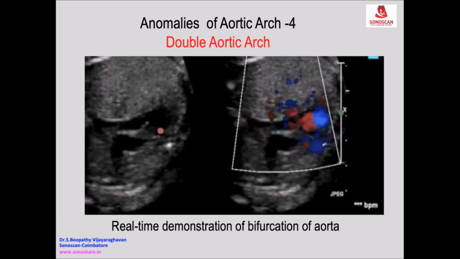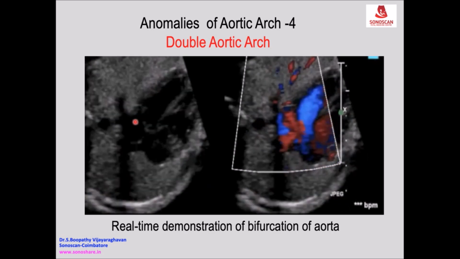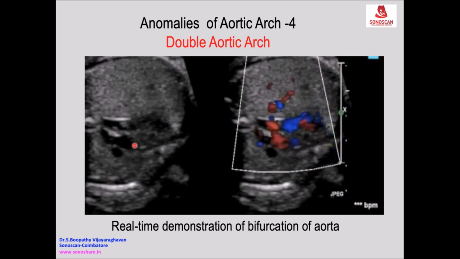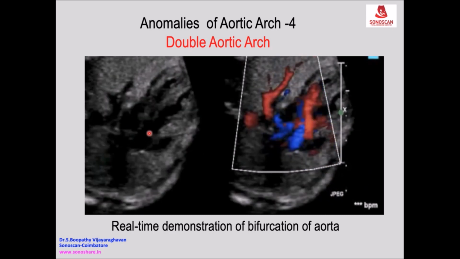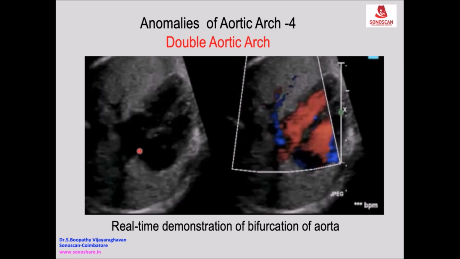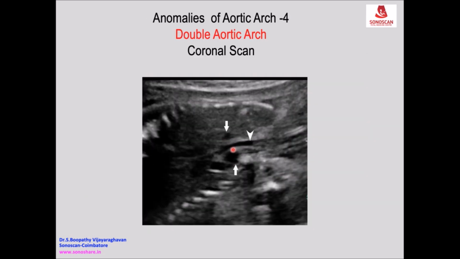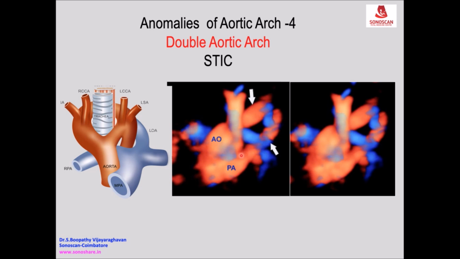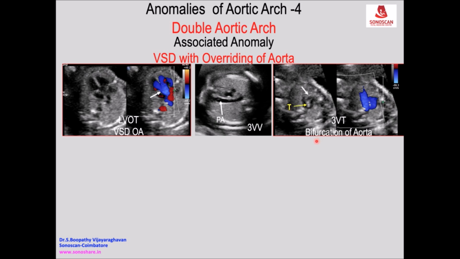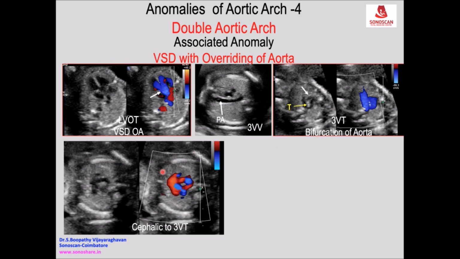First you get the LVOT, then the RVOT with the pulmonary artery, and then if you go further, 3VT, you see the aorta going to the right and bifurcating into two arches, and one arch is bigger. The right aortic arch is bigger and the left arch is small, whereas the pulmonary artery branch, the main pulmonary artery branch, ductus arteriosus, and this is the aorta, which bifurcates. So that is the zigzag sign. And when you go a little further cephalic, you see the complete vascular ring.